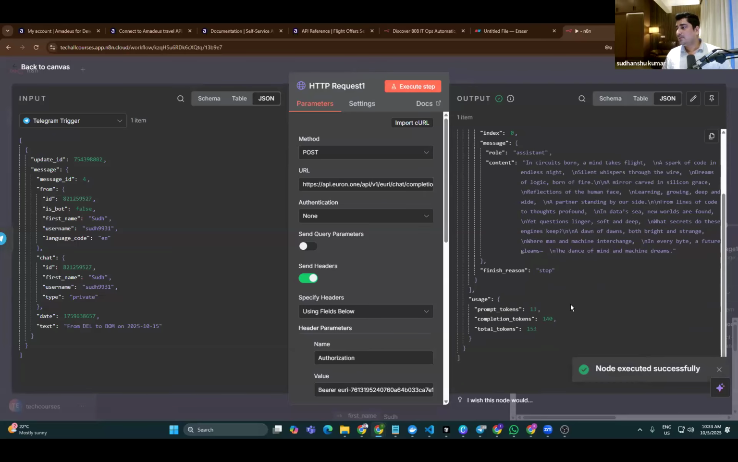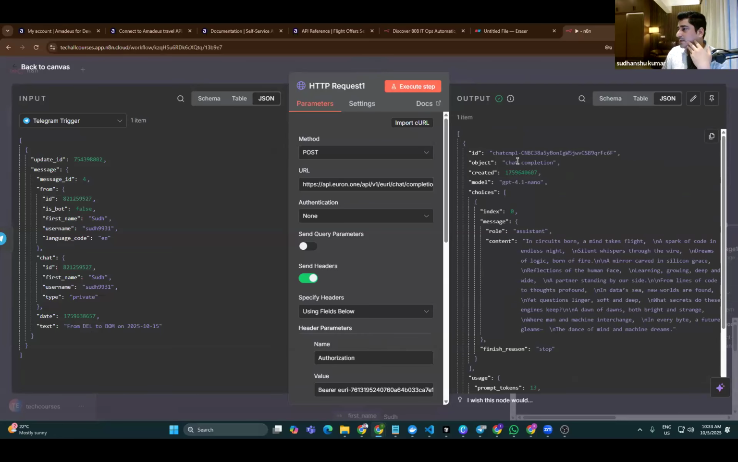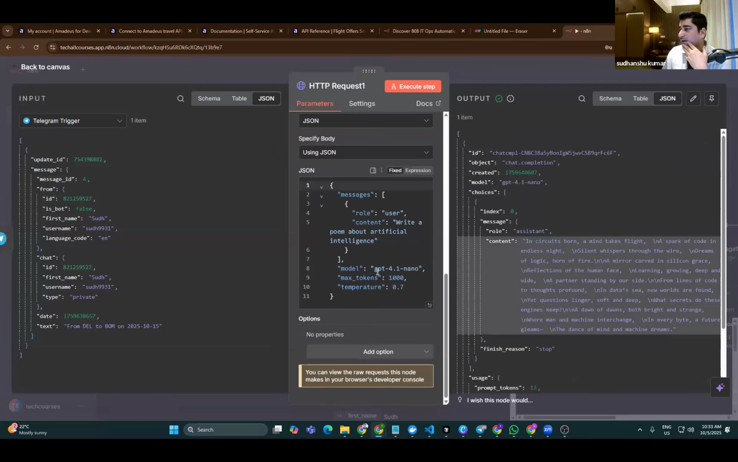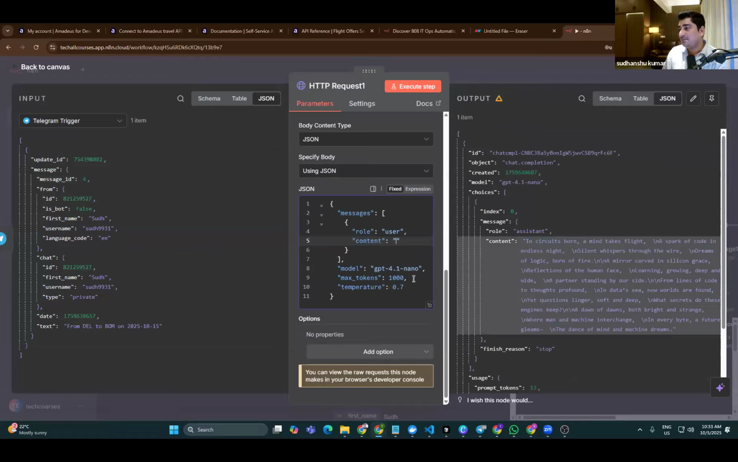Basically, I'm sending this entire payload, and it is returning me something like this, a poem about an assistant born in the circuit. I just have to change my prompt over here. Here the prompt is "write a poem about artificial intelligence", and based on the text it is giving me this information. So here I will say that try